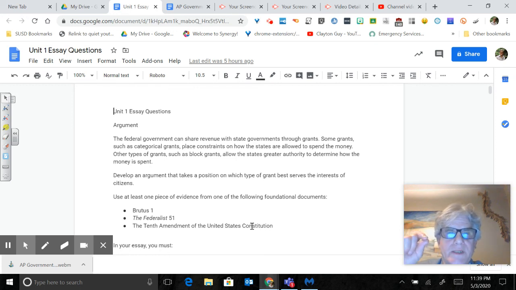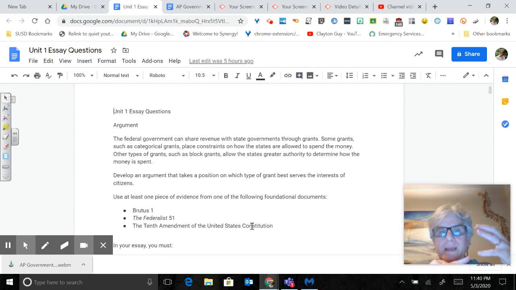Please do not write one sentence for the answer. You're going to get half credit if you just write a specific one sentence answer. This is essays. They're not necessarily 5-paragraph essays, but none of this says list. It says describe, explain. Now the argument essay, make sure to use your 2 pieces of evidence. One has to be from the required document. The other could be a law, a Supreme Court case. It could be the other document.